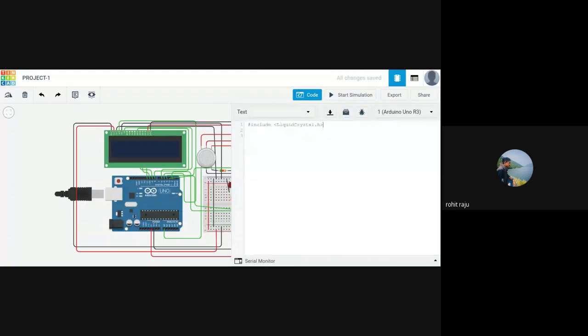Now let's start the coding part. This LiquidCrystal.h has the LiquidCrystal class, and we need to create an object of our own.